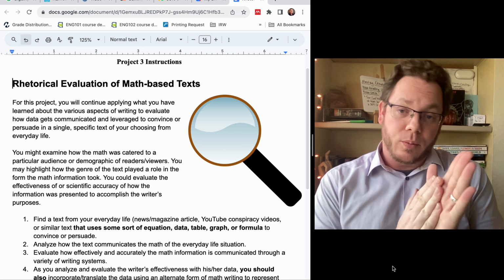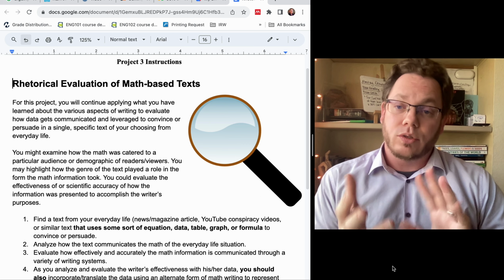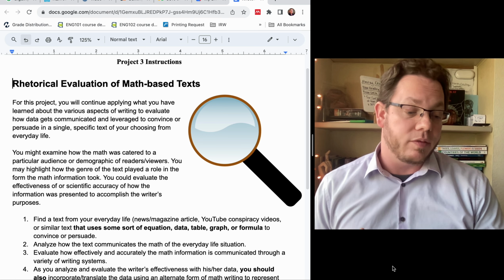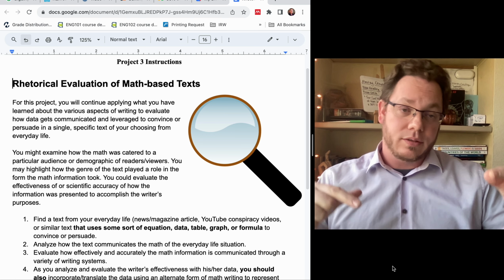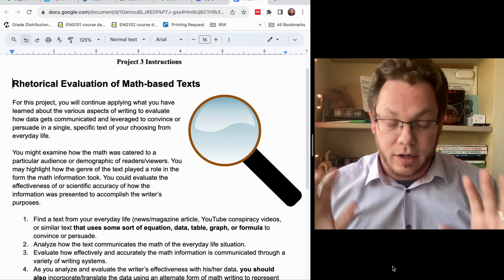So let's talk a little bit about what it is, and then there will also be a lesson here on how to engage with different types of logic and statistics and that kind of thing, and how to do this, not just this assignment well, but also consider different types of sources and argument.